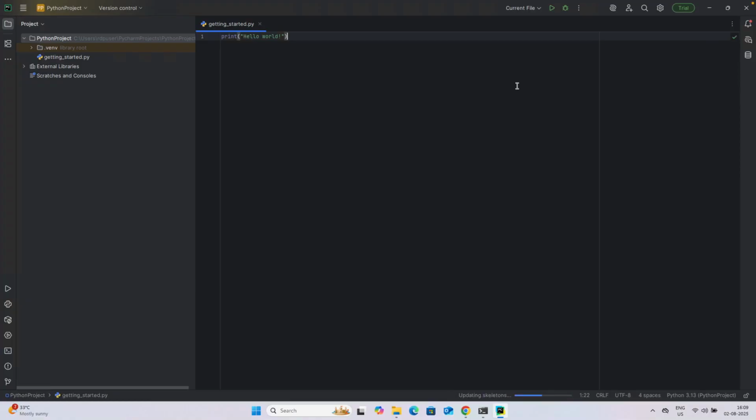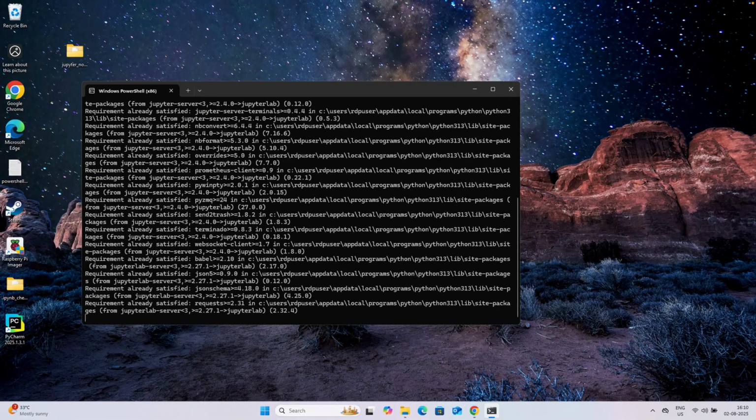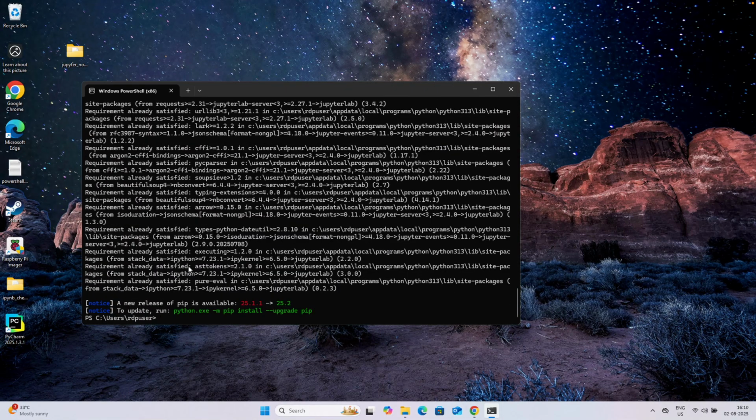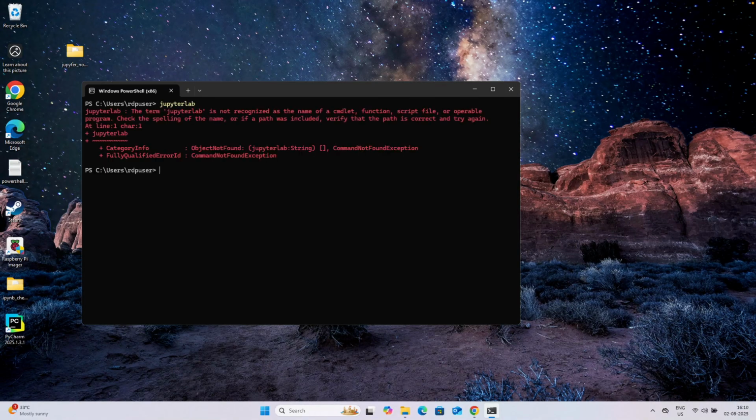So far we have discussed Google Collaboratory, Jupyter Notebook, and PyCharm. There is another useful one which is related to Jupyter Notebook, called Jupyter Lab. For this, all you have to do is open your PowerShell and run pip install jupyterlab. Again, it's basically the Jupyter Notebook that we have installed, but it's better for organizing and using the terminal and so on. Once that's installed, you can run it. It should be jupyter space lab.